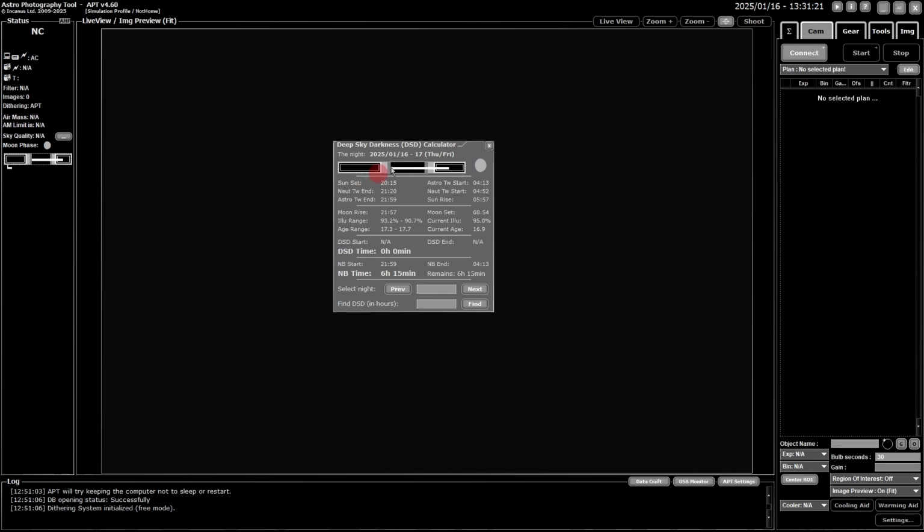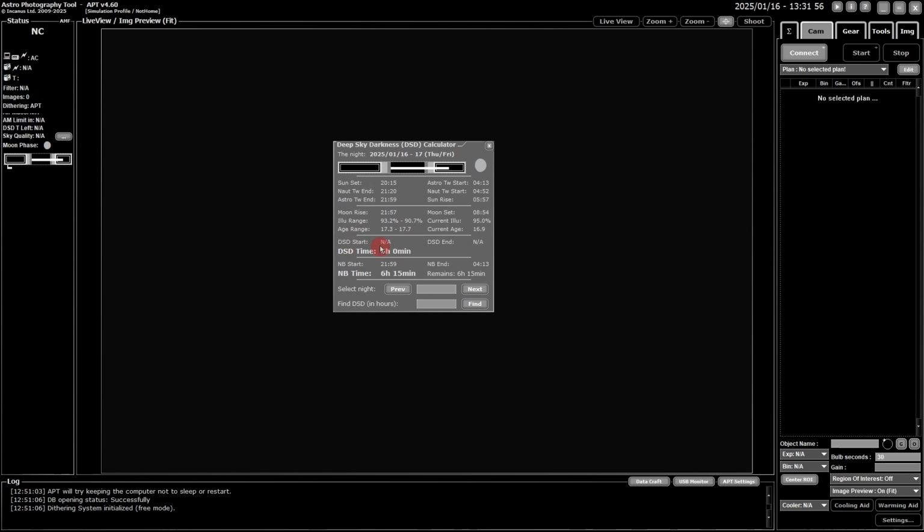So now we're going to go back to the calculator here and show you what it's actually got. So we have the sunrise, sunset and your twilight times at the top here for reference. Then you've got a lot of details of the moon, rise, set, what range it's going to cover tonight for its illumination, what its current illumination is. As you see, that's higher than any of these because it's the afternoon. Tonight it'll cover in this range while it's dark. The age range of the moon, same thing again. So that's some handy details there.